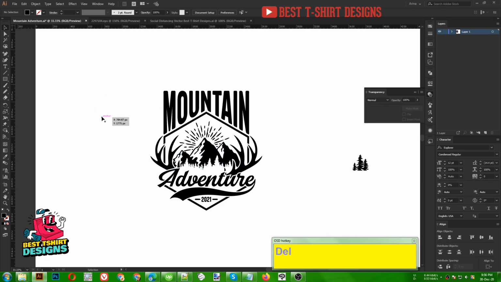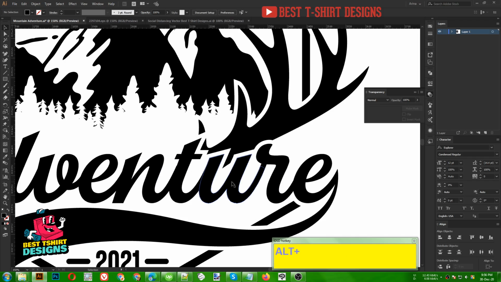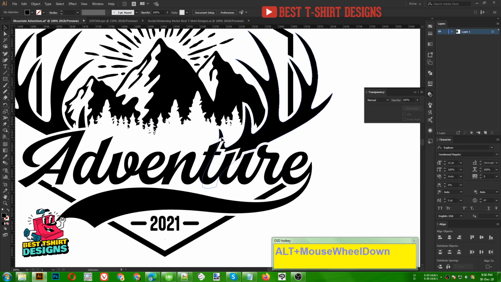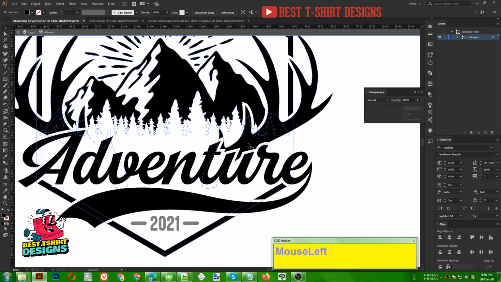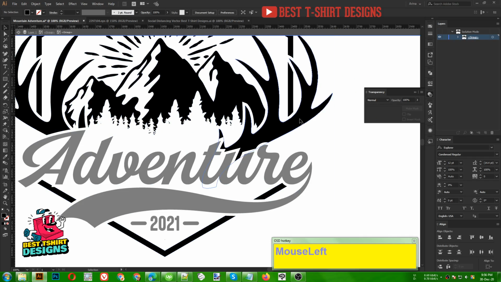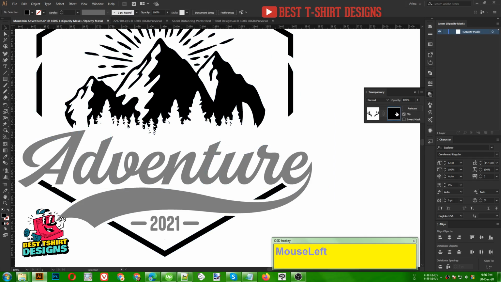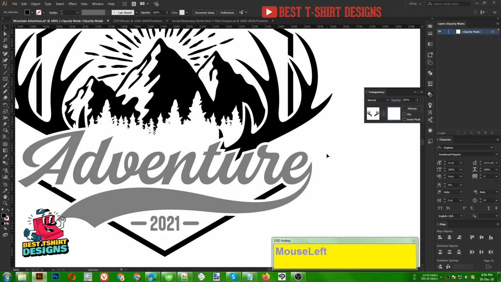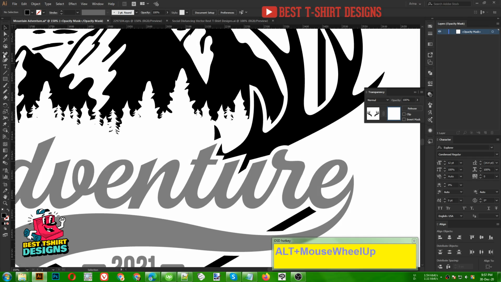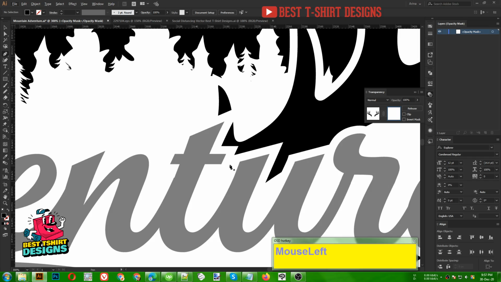And let's add something more to the design. Let's bring some animals. Okay, this area is not looking very good, especially this one. So if I select this deer horn, only this deer horn, then I can open the transparency for it like this. Now if I take my pen tool here, when my fill color is black, I can simply click here in this area just to hide it,